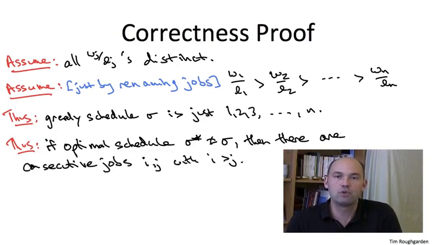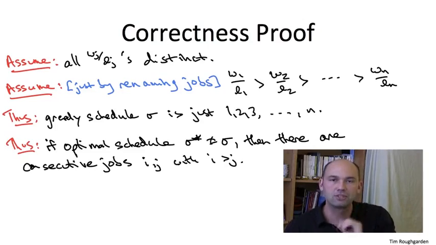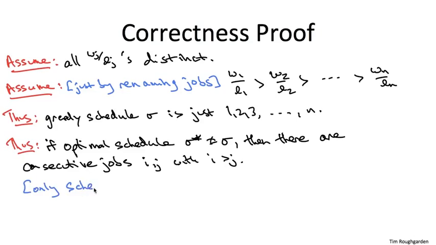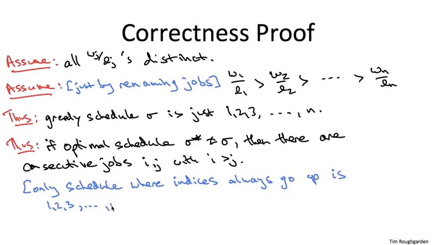So again, by virtue of the optimal solution sigma star being something other than the schedule 1, 2, 3 up to n, there must be two jobs somewhere in the schedule executed in a row, one after the other, so that the earlier job i has a higher index than the subsequent job j. Why is this true? Well, the reasoning is that the only way the indices will always go up as you go from the earliest job to the latest job is if you schedule the jobs 1, 2, 3 all the way up to n. There is no other schedule with the property that indices always go up. So this is an observation that's going to be important in the rest of the proof,